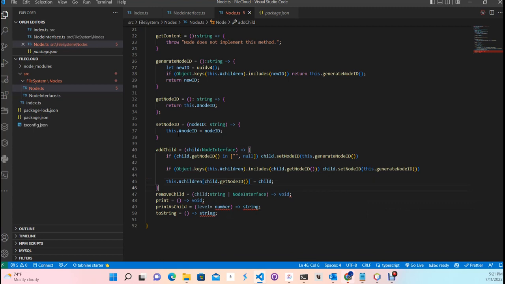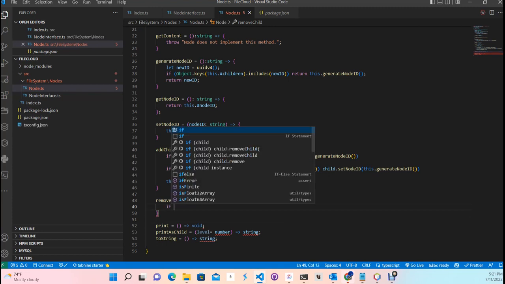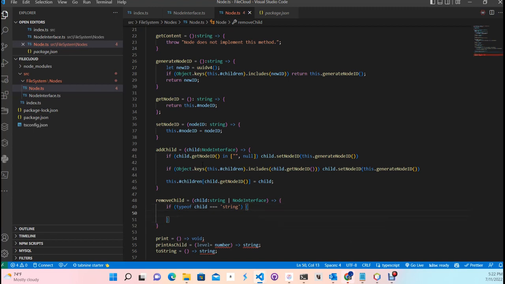And then we can go on to our next function, which would be to remove the child. Okay, so this remove child is going to be a little more complicated because sadly JavaScript doesn't allow us to override a function with either string or whatever. So first we're going to say if typeof child equals string, if typeof child is string, else if typeof child equals to